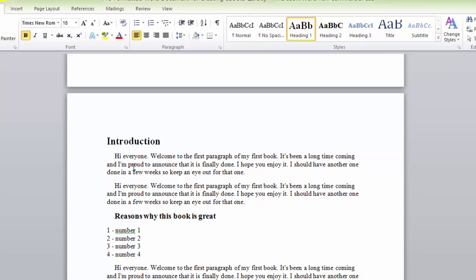And you can see I've just written some filler text here, like, hi everyone, welcome to the first paragraph of my book. And that's really how a book starts. But by creating a book structure like this, it makes it much easier for you to make sure that you are writing a complete book with all of the different parts that it needs and a framework that makes it easy to follow. And to make that even easier on yourself, you can go to the View tab